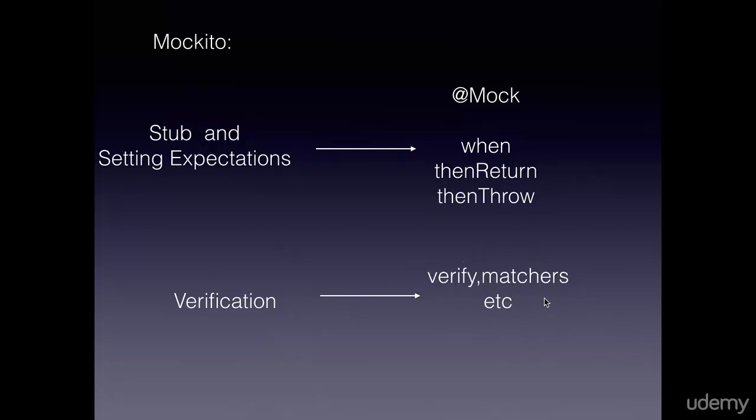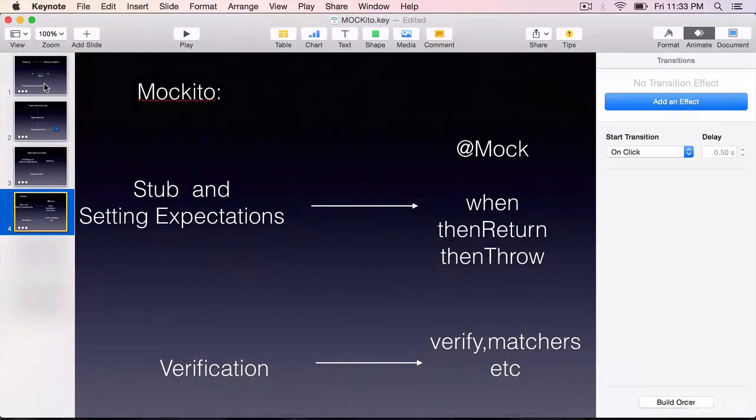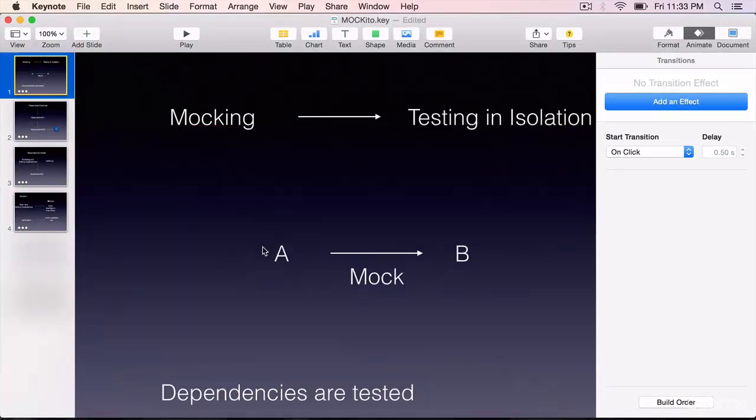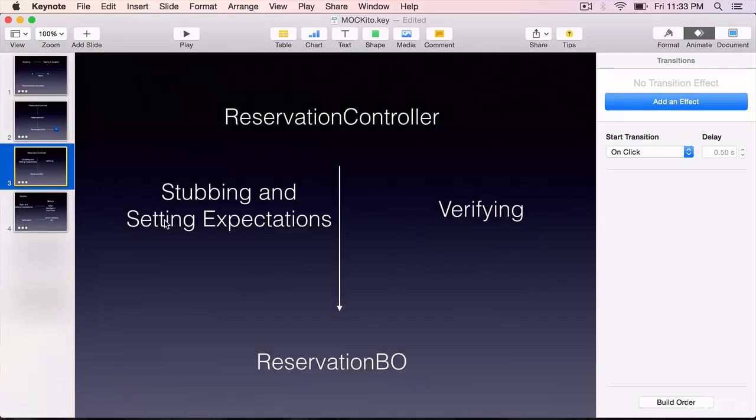So to summarize, from this lecture, you have learned that mocking is where we test a unit in isolation, that is unit testing. Mocking enables it, or mocking complements unit testing by allowing us to mock out all the dependent classes and the methods that are used. We usually have three steps when we mock.